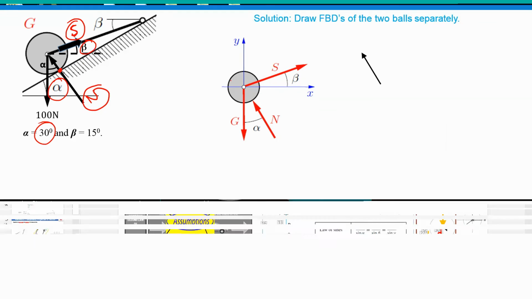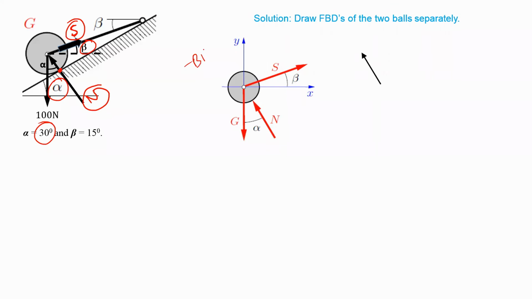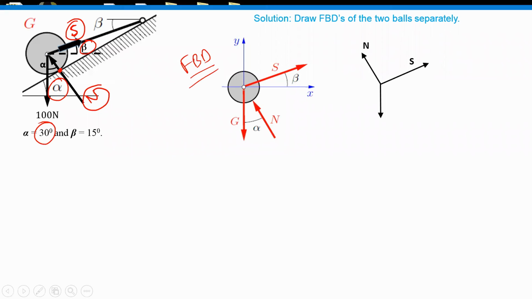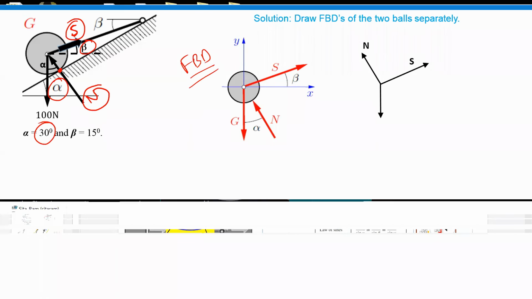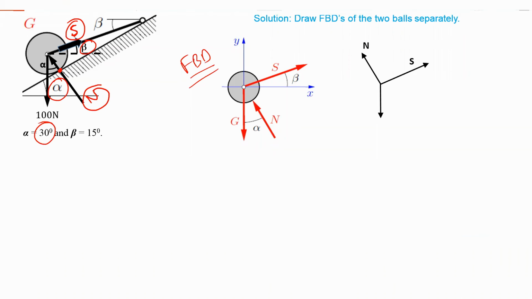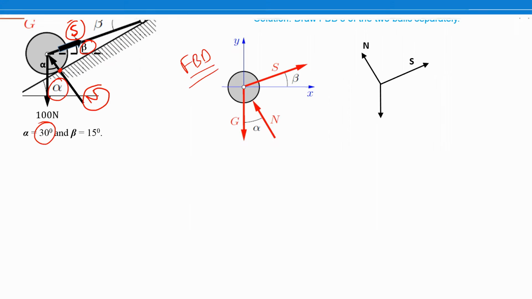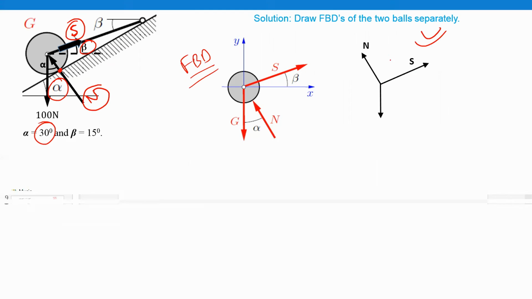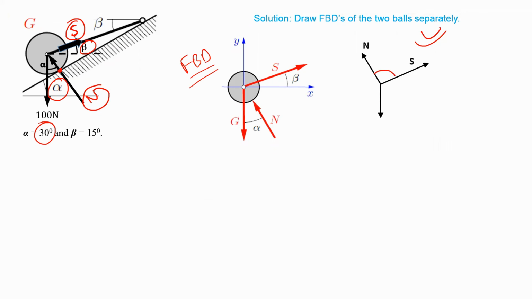So first let's draw FBD. So this is the FBD. You can see this is the sphere, this is normal reaction N, S and G. Now if you want to apply Lami's theorem, then you have to arrange all the forces in a particular order. So what order do we follow? For Lami's theorem, we apply all the forces either directed inward or directed outward. Okay, so here I'm considering all the forces directed outwards, so we can apply Lami's theorem. But these angles we need. Okay, so what will be these angles?